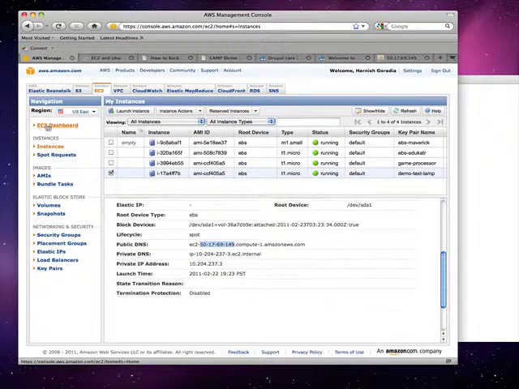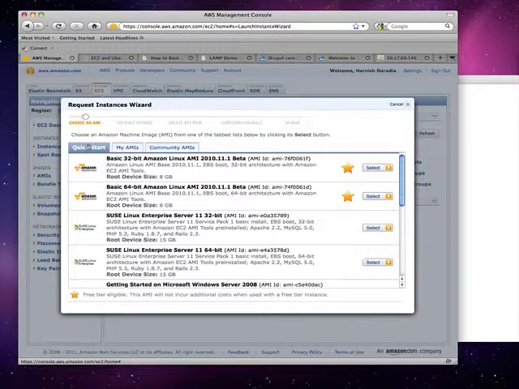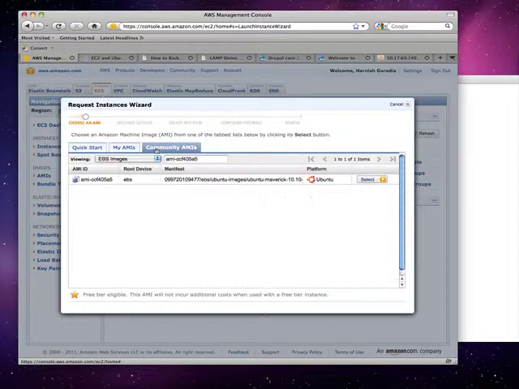Now I want to launch an instance. There are 3 tabs on Amazon EC2: Quick Start, which are Amazon's own instances, Community AMIs, which is where we found our AMI, and My AMIs.